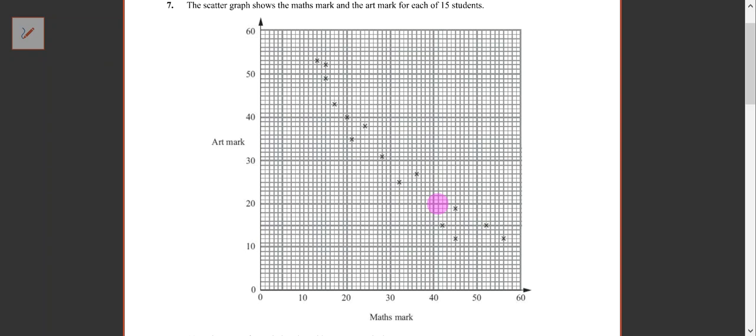What are we looking for? Remember, one's the independent, the other one's the dependent. So what are we saying? By putting the maths mark as the independent and the art mark as the dependent, what are we suggesting? That the